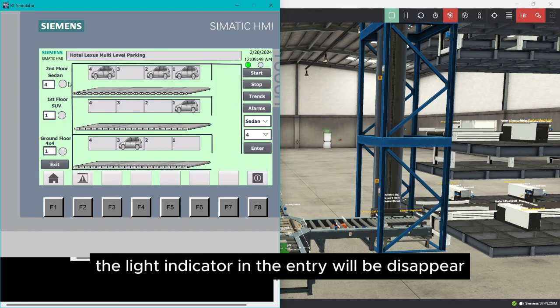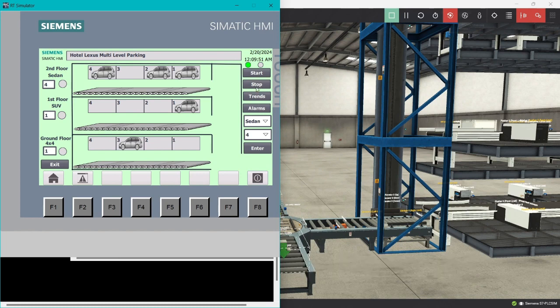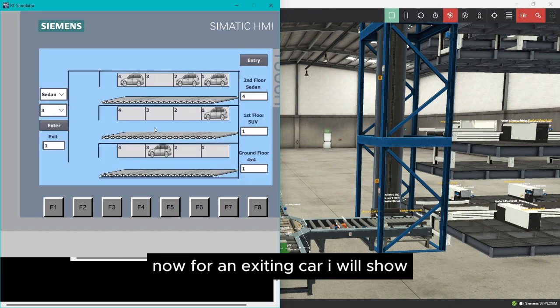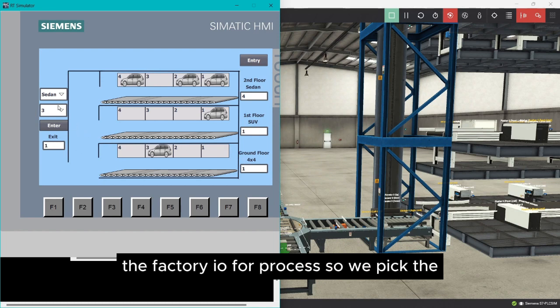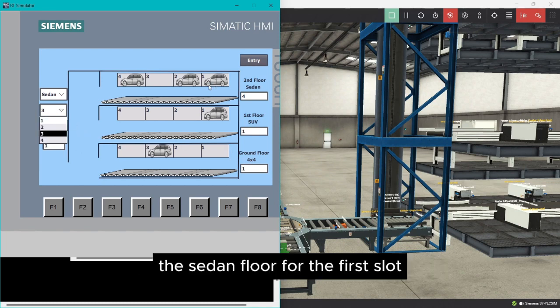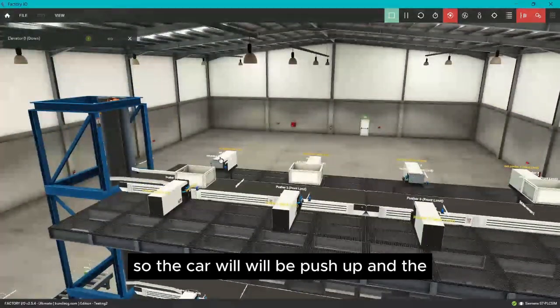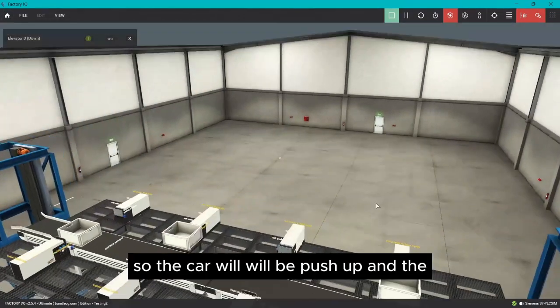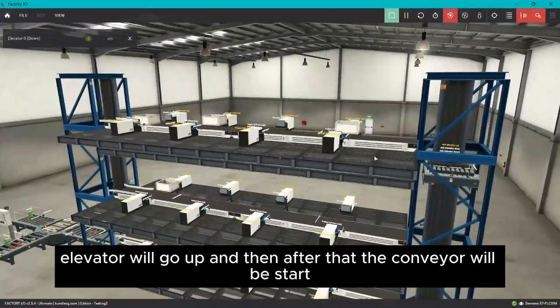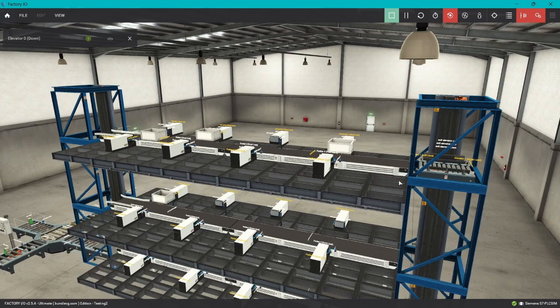The light indicator in the entry will disappear. Now for an exiting car, I will show the Factory I/O, the whole process. So we pick the sedan floor for the first slot. The car will be pushed up, and the elevator will go up, and then after that the conveyor will be